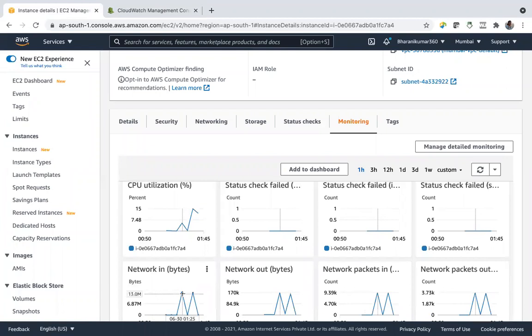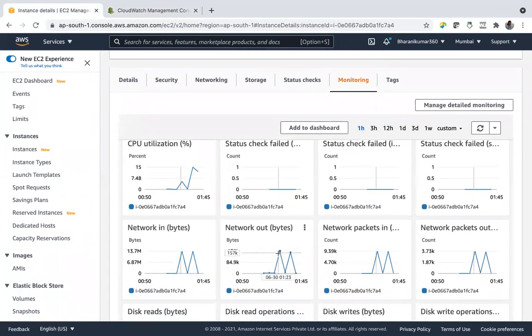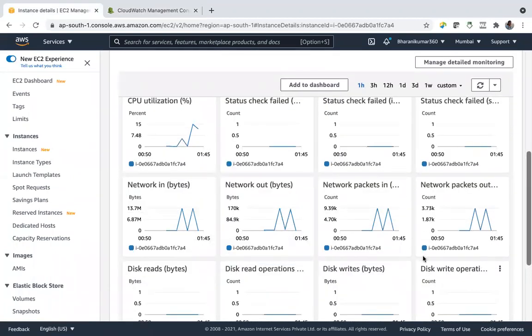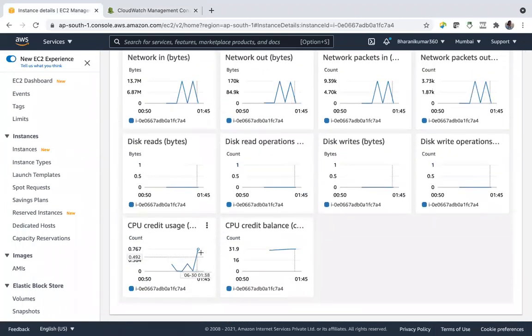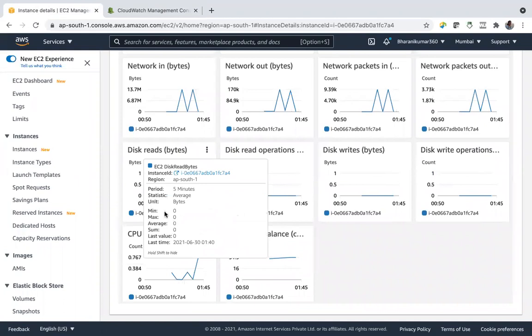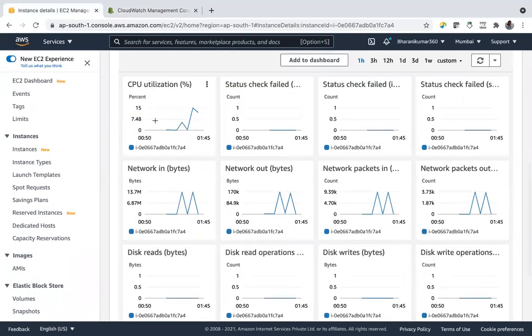But see, the network has been increased. Now it has slightly increased, 12 point, now it's some 12.1. Right, using this stress command, you can induce traffic and test.